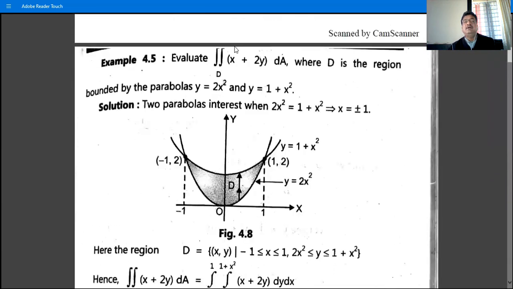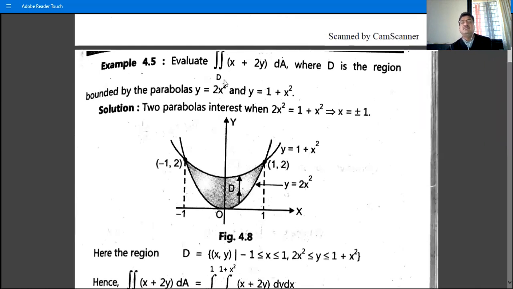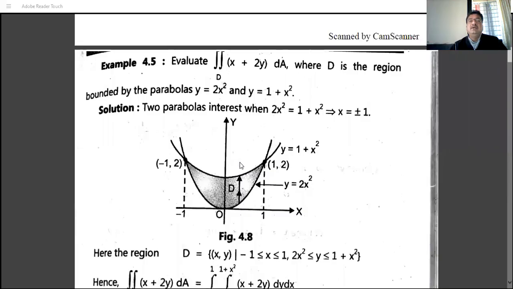So this example: evaluate the double integral over D. We'll check the sharing of screen. Yes. Evaluate the double integral over D of (x plus 2y) dA, where D is the region bounded by